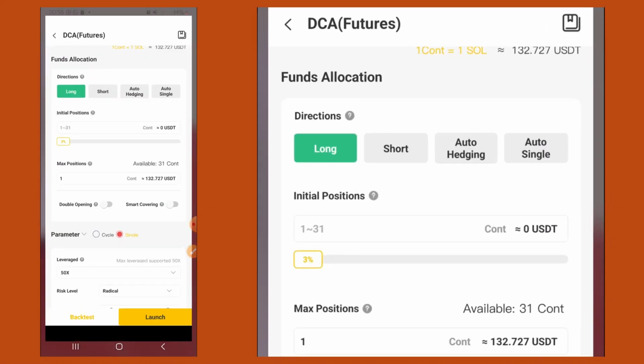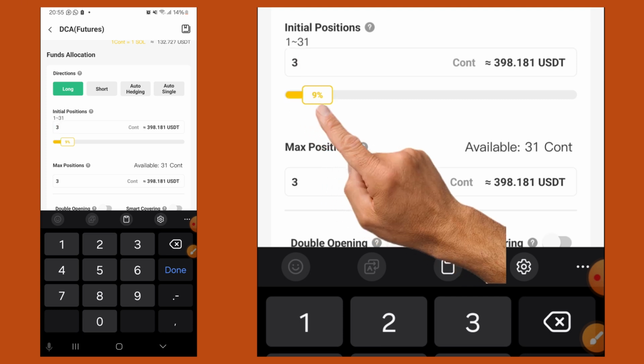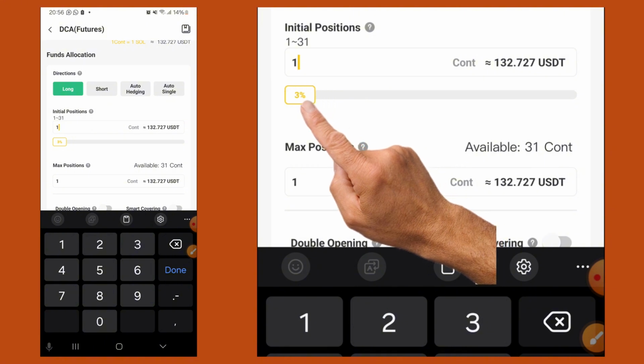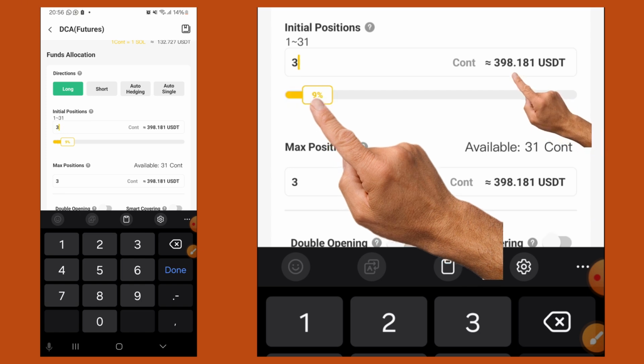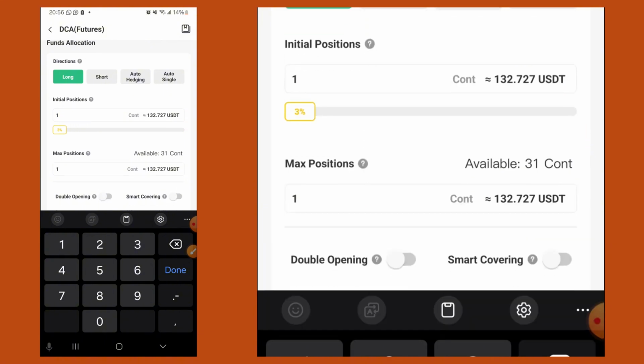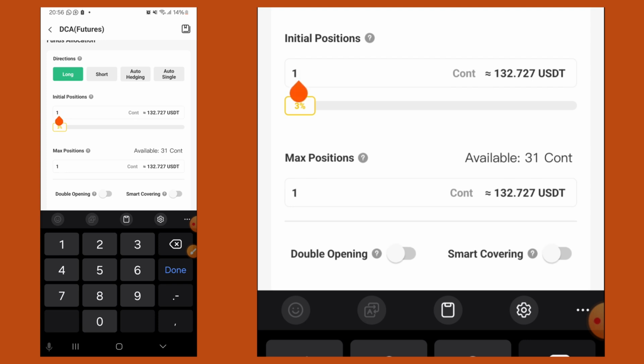So when I come right here, this is what you need to do. There are two options, by the way. You can just adjust this until you get 350, but as you can see, we can't get that. It just goes to 200 and then 250, 398. You can do that, or you can just try to adjust this one here